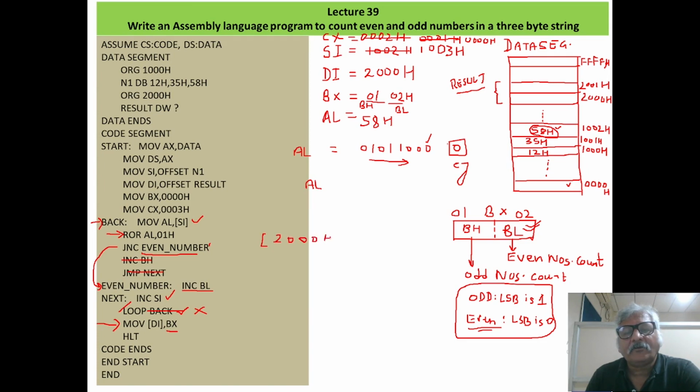So now since the content of BX has to be stored in the memory, BX is a 16-bit register, so 16-bit value will be stored in the memory. The 16-bit value will require two memory locations, because we know that in one location we can store only 8-bit number.